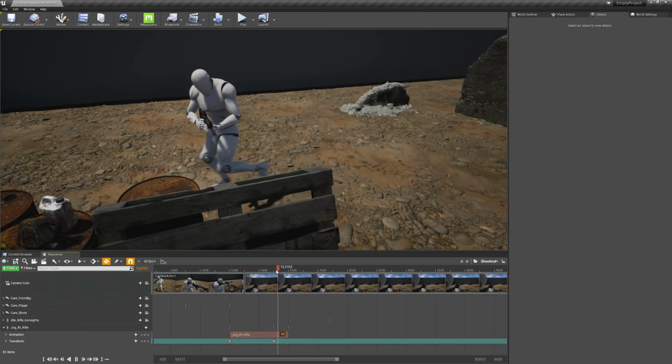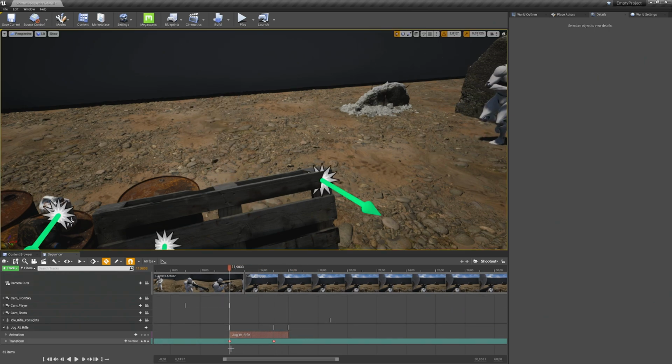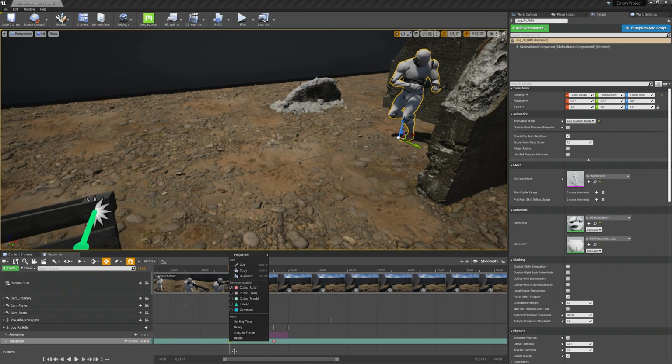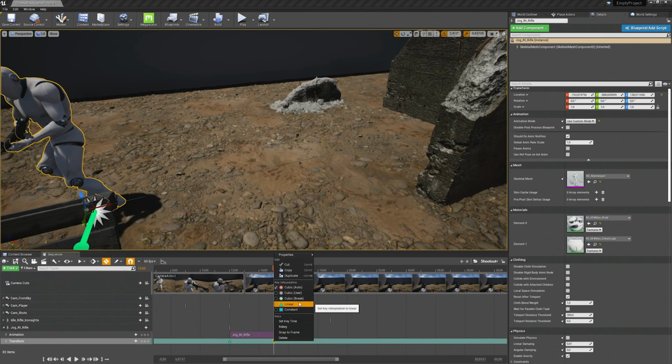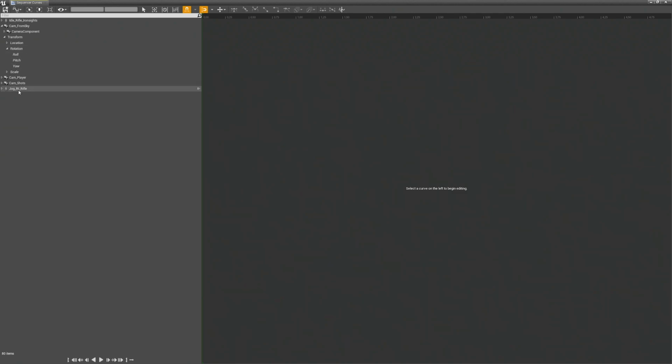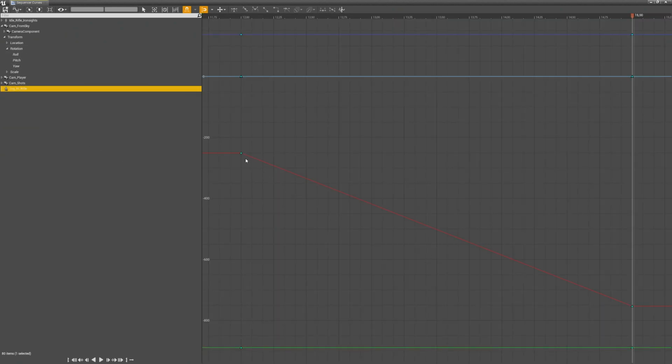It's way too slow. And we have another problem here. Usually the keyframes are set to cubic, and we want to have a linear keyframe here, so I choose linear for this keyframe and also for the other one. Changing it like this means that the interpolation between both keyframes happens with a constant value instead of a smooth transition between both keyframes. You can check this by opening the Graph tab and choose our Jock rifle animation, and you see here a constant transition between both keyframes.